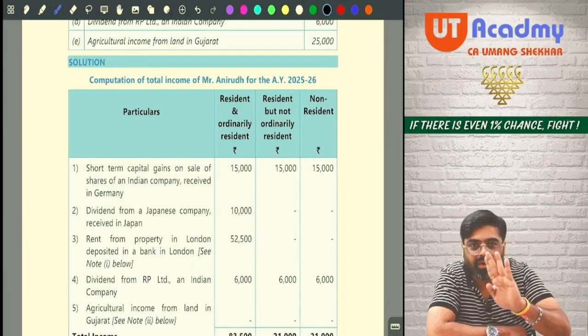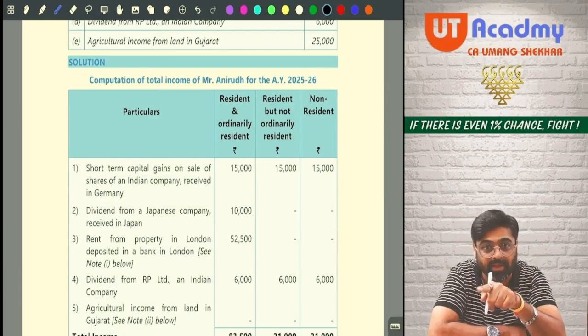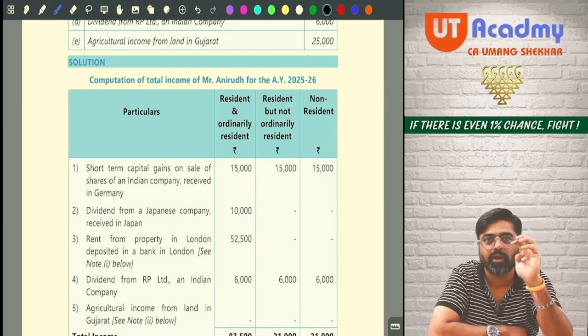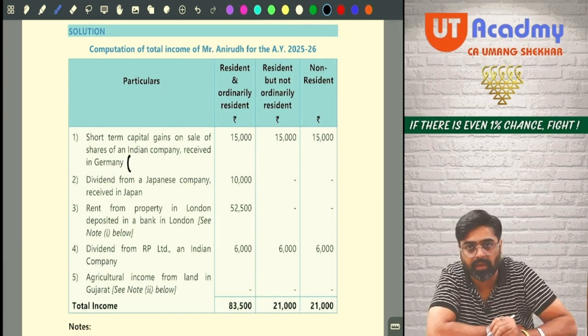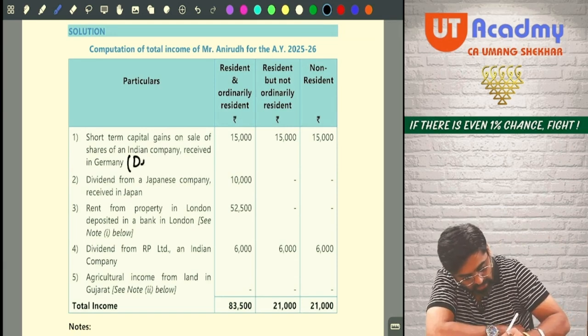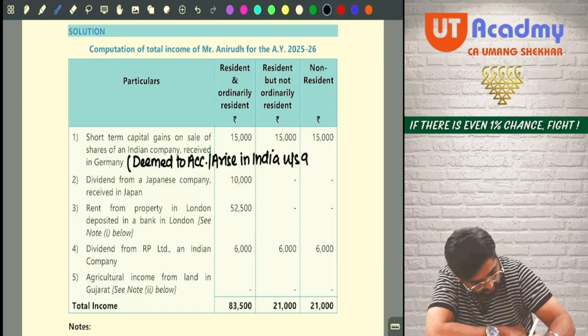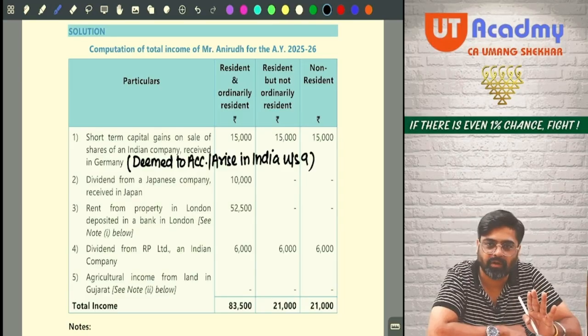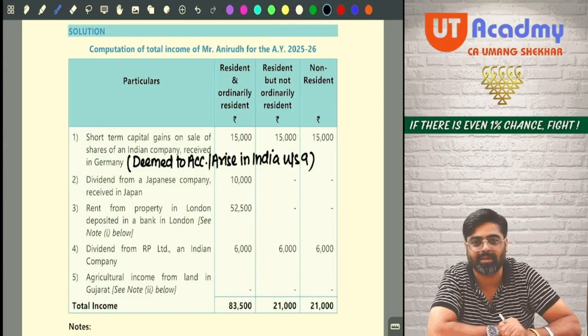Understanding? Because this income is covered by section 9. This is deemed to accrue or arise in India as per section 9. Hence it is becoming Indian income, hence it is taxable for all. So do one thing, there only in your study mat, make a bracket over here and write down: it is deemed to accrue or arise in India under section 9. The moment you write it, the examiner will understand that the student is saying this is Indian income, hence he is taxed for all the 3 residential status.